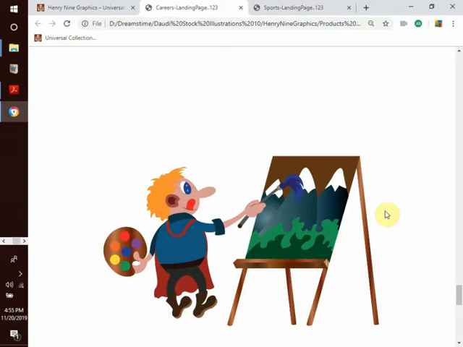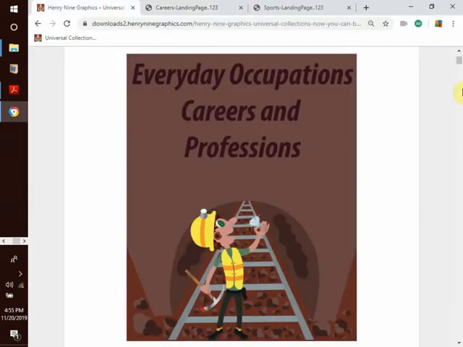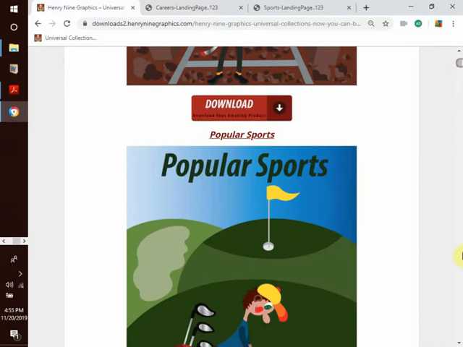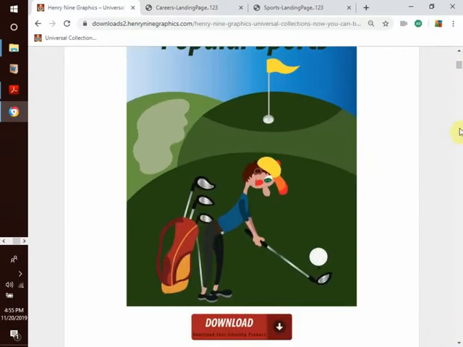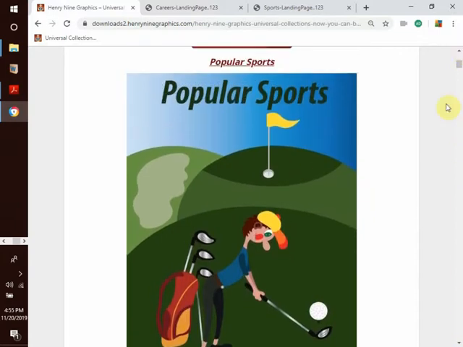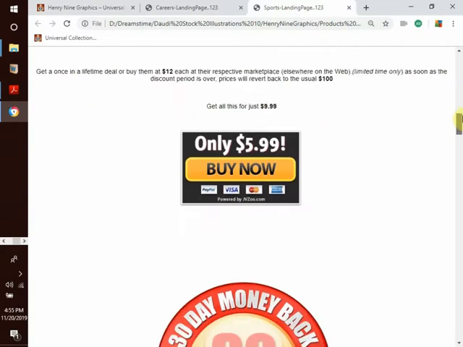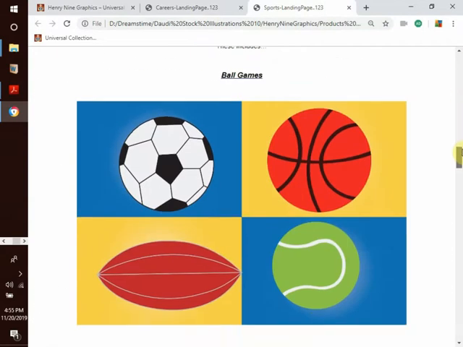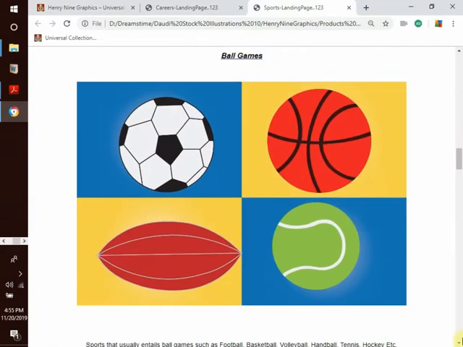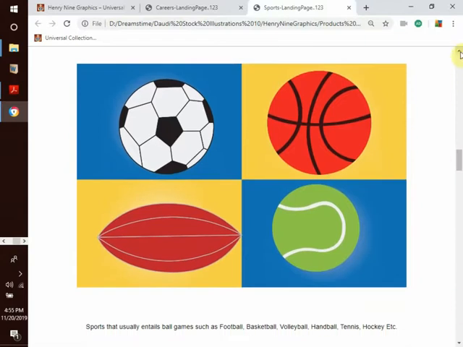So we move on to our next category, which is popular sports. These are vectors that are related to sports or sporting activities. We have subgroups also, for instance, ball games,